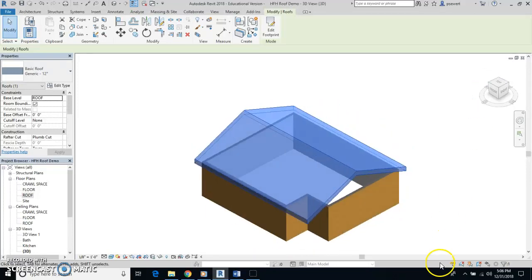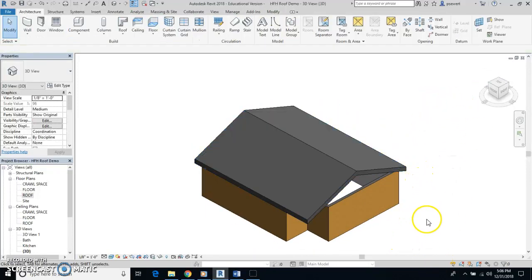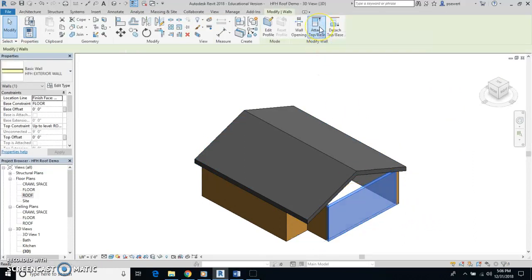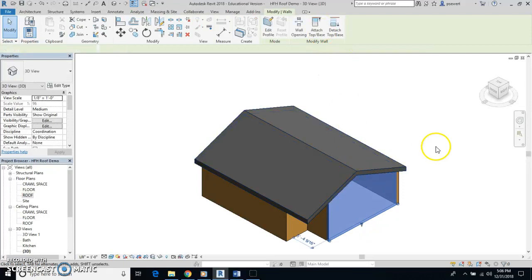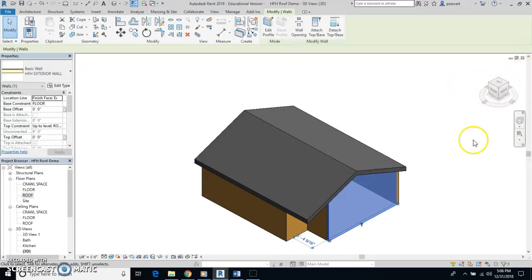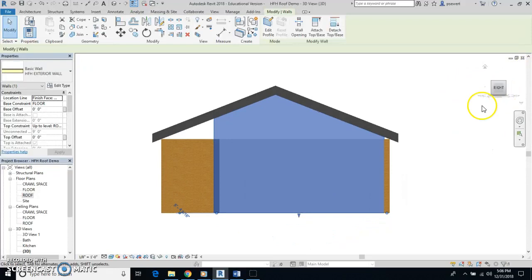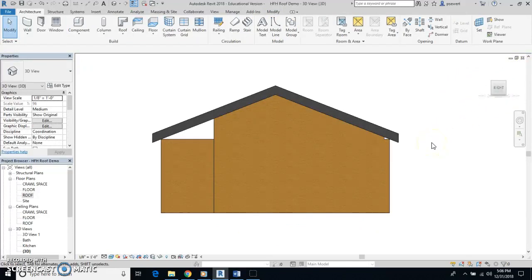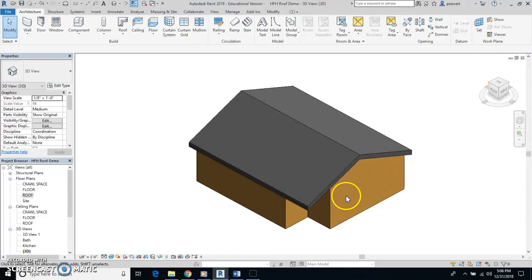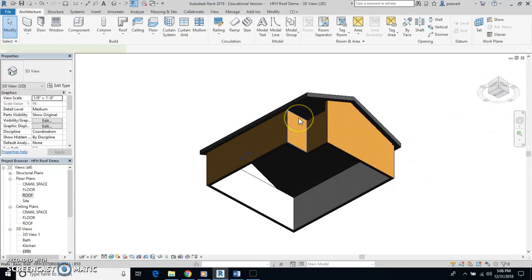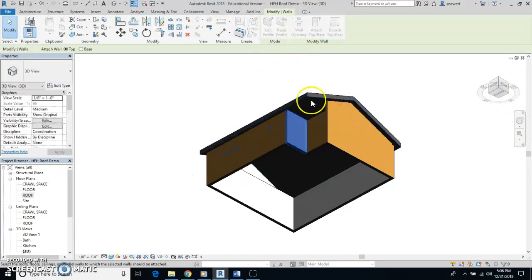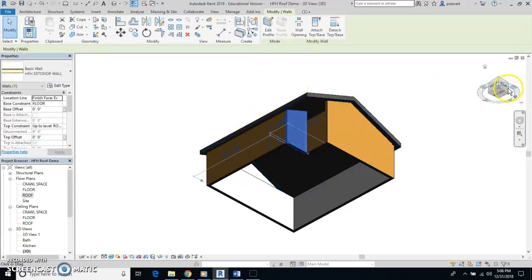So here's what we're going to do now. We're going to click the walls, and I'm going to say attach to top, and I'm going to click on this wall right here. And now if I go to the right hand side, we can see that that one is extended up, but the other one on the inside is not. So we'll take a look at this from the bottom, and I'll click on that wall, attach the top base, again the roof,